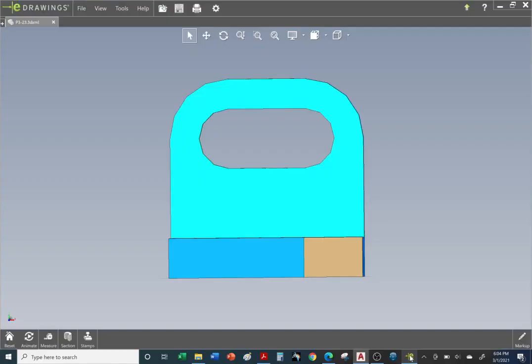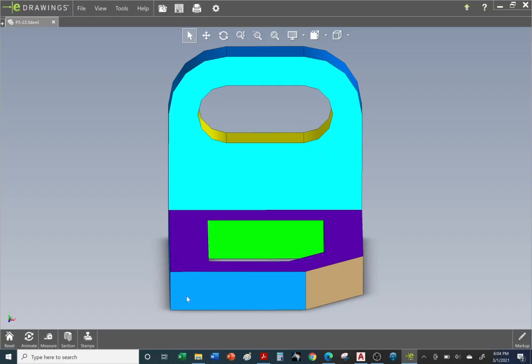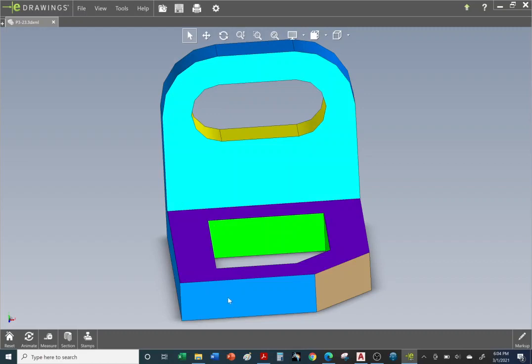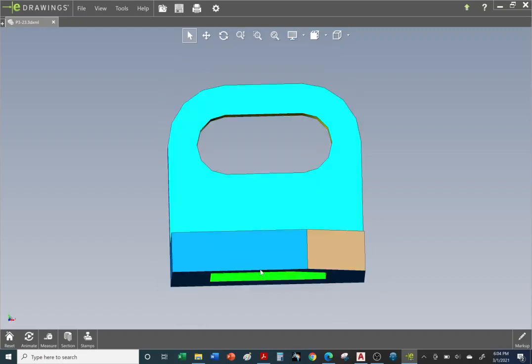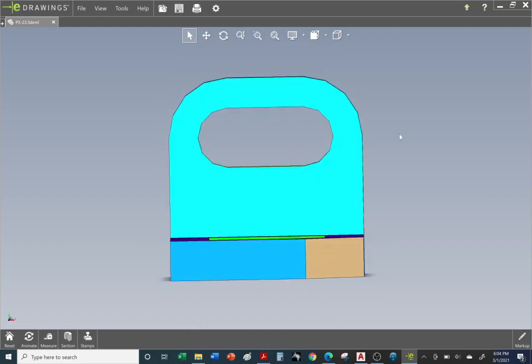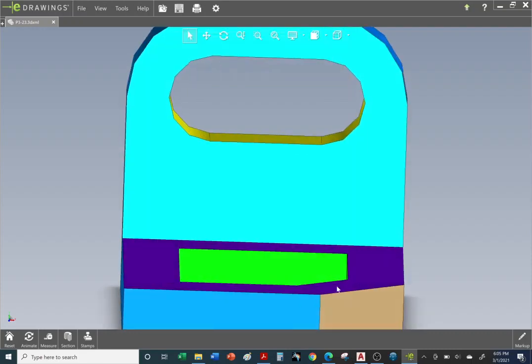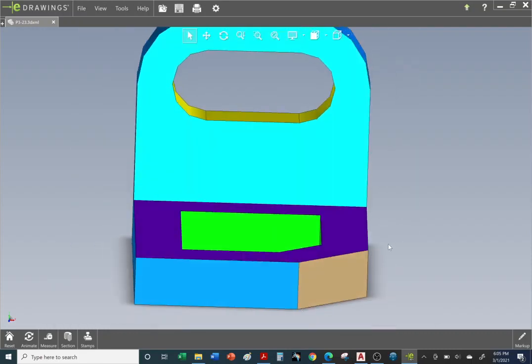Okay, so if we go back, we have a solid line going across, right? So think of this as the first level. Imagine it's a 1, 2, 3, 4, 5-story building, and this is the first story. Okay, so we need an object line going across. Now, even though the tan surface is sloping away from us, we're going to draw one straight solid line going across. Again, even though the tan surface is angling away from us, so this is a chamfer, it's going to look like a straight line,